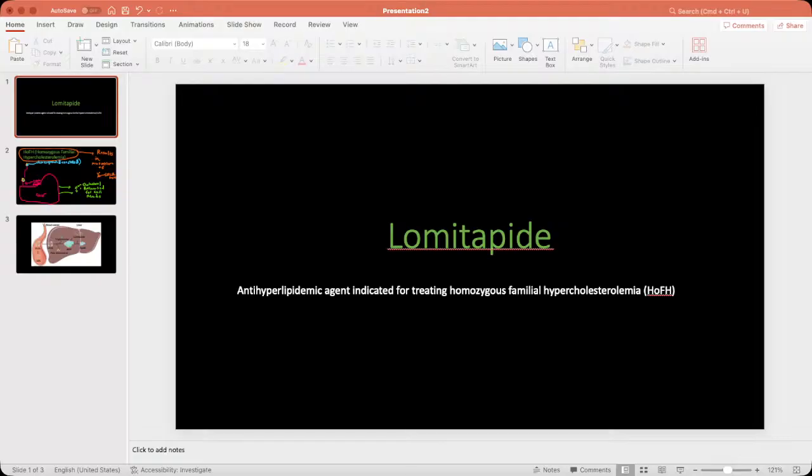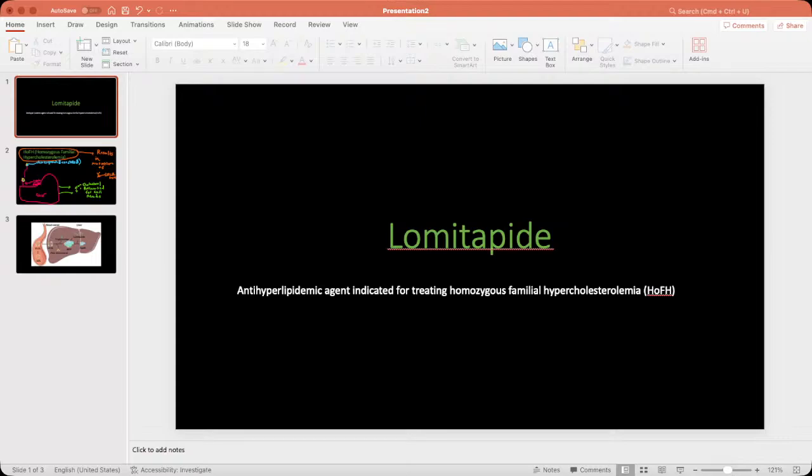Some of you may have already seen in Pharmacy Times Journal about a recent approval for Lomitapide, and essentially what it is, is to help those who have this genetic condition, homozygous familial hypocholesterolemia, and essentially it's like an anti-hyperlipidemic agent, or like a cholesterol medication for those with that kind of